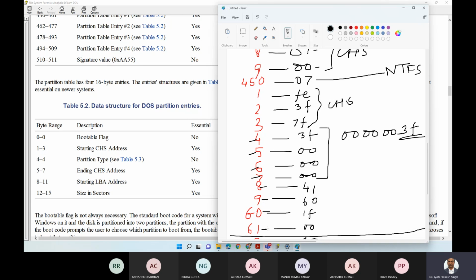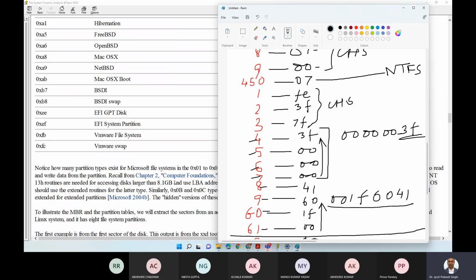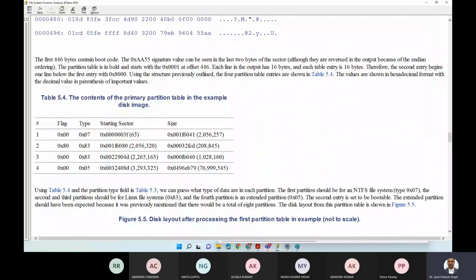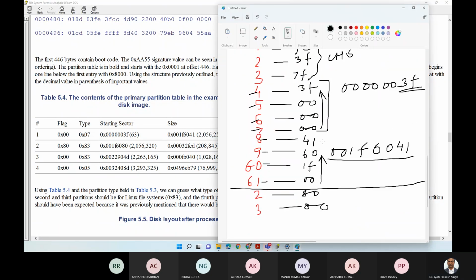उसके बाद क्या है 12 से 15, ये कितने 11 तक हुआ था, 12 13 14 15, ये है साइज इन सेक्टर्स, टोटल कितने सेक्टर्स हैं। तो अगेन ये नंबर जो होगा 1F6041, बिकॉज अगेन इंडियननेस के कारण हम लोग इसको इस तरफ से पढ़ना शुरू किए हैं। सो इतने सेक्टर्स हैं उसमें, देखो यहाँ पे निकाल के भी दिखाया है मेरे ख्याल से कि इतने सेक्टर्स हैं, ये है साइज, ये 6041, इतने सेक्टर्स हैं उसमें टोटल। तो अब उसका साइज निकाल सकते हो तुम कि कितने साइज का ये होगा। स्टार्टिंग एड्रेस 63 है और ये टोटल साइज इतना है। सो वो कहां से कहां तक जाएगा, ठीक है।